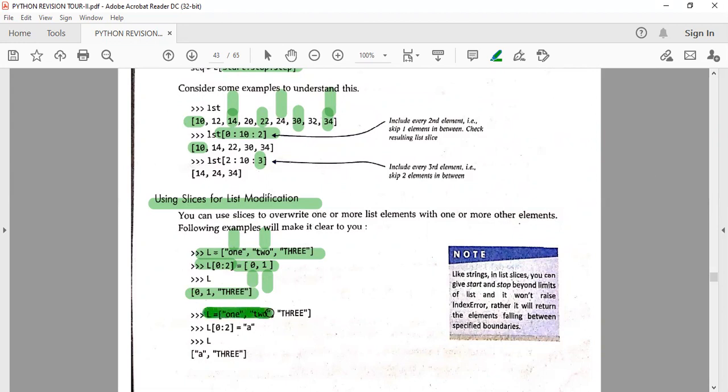Second is L is equal to 1, 2, 3 again. Now they are saying 0 to 2 is only A. Means second wala, ab 0 और 1 की वो बात कर रहे हैं, but they are giving only the one answer, A. So 1 और 2 की जगह वो कल्लाब आंसर हमारा क्या आ जाएगा, A. We will not write 2 as it is. उसने अपडेट कर दिया, 0 और 2 की जगह उसने क्या कर दिया, सिर्फ A. So आंसर क्या आ गया हमारा, A, and 3 is the next one.